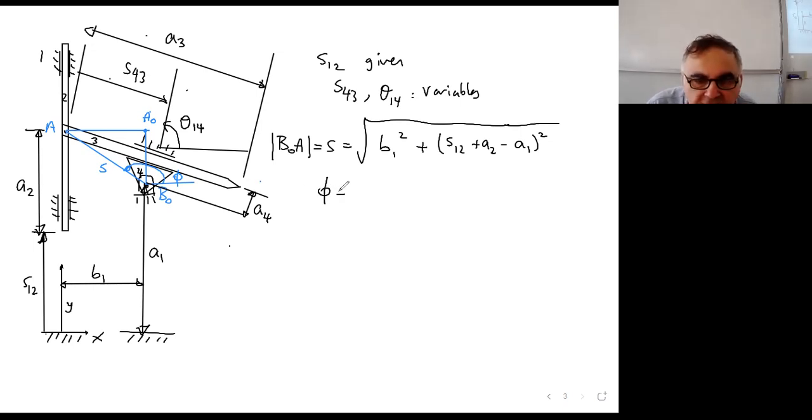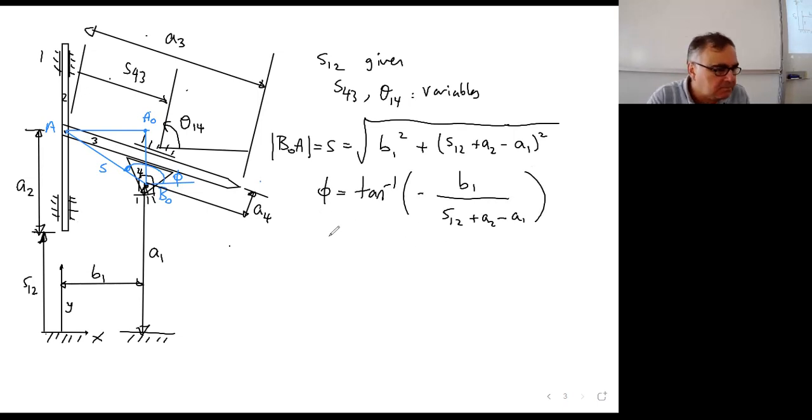And the phi angle, this angle, it's an external angle, but it can be found from tangent inverse of minus b1 over b1 is distance a0a, again s1, 2 plus a2 minus a1. Okay. Now, why do we need S here? Because